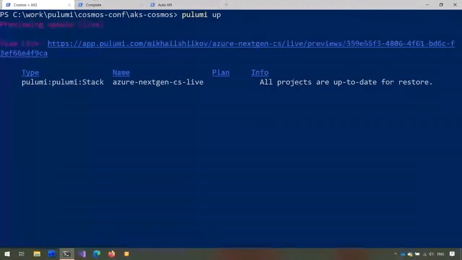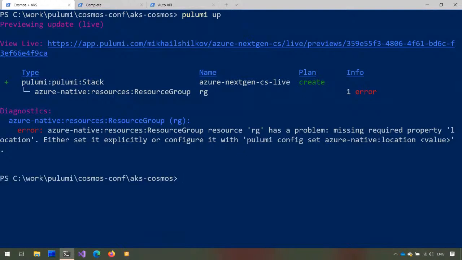It compiles the program that I just created in Visual Studio, and then it will run it as a console application. And it will get the definitions of resources that I have there, and will show me the preview. So nothing is being deployed yet. It's just, oh, okay. So I don't have, that's a good thing. I don't have location configured in my